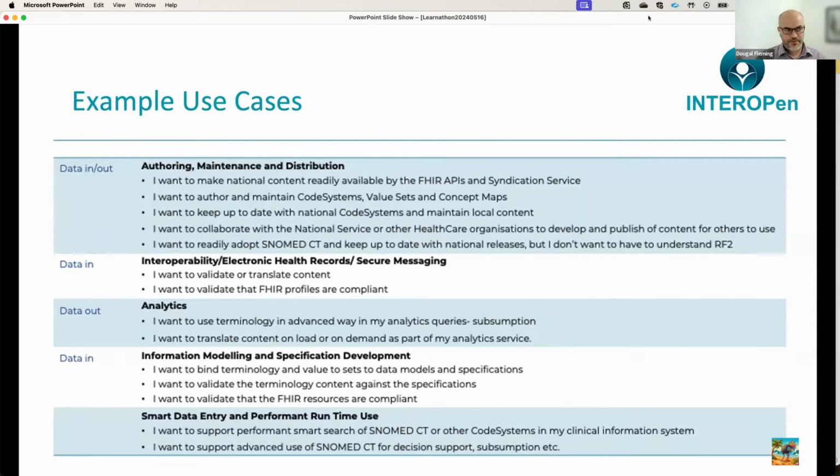So, example use cases of those operations, we probably break them down into a few different categories. So we've got authoring, maintenance, and distribution. So this is your way of establishing your standards and sharing them with other people. So that might be national standards like SNOMED or DMD, or it might also be local standards where you've got particular systems or particular